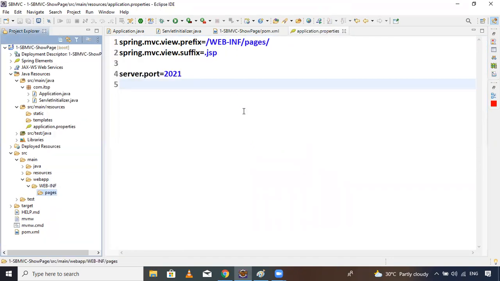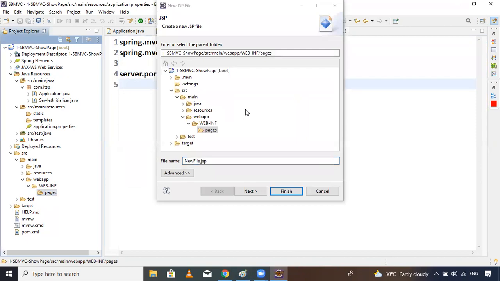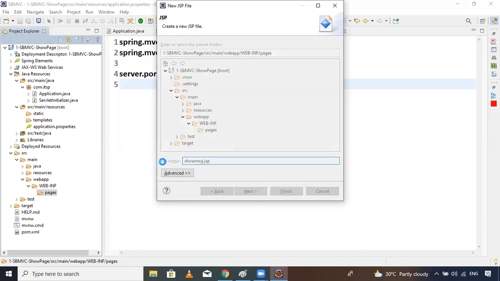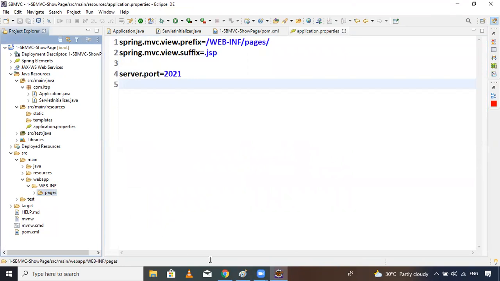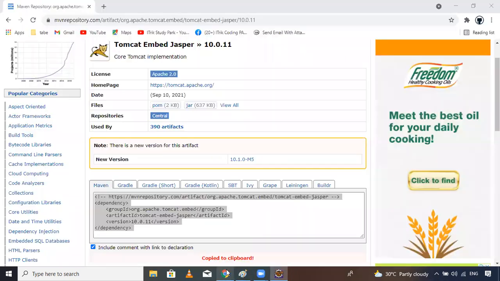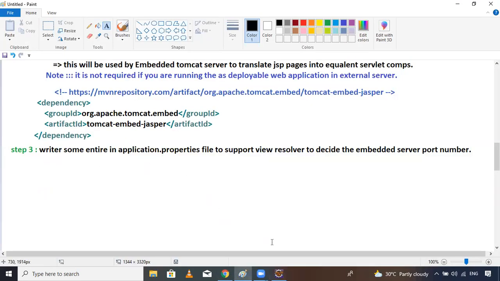a JSP file. What is the JSP file name? Say, sample.jsp. Just click on enter. Okay. So now here again, step 3 is completed, guys. Step 3 is completed. What is step 3? You